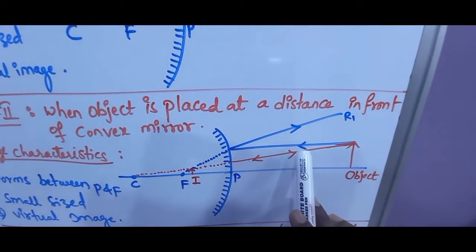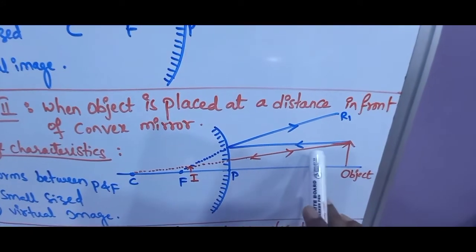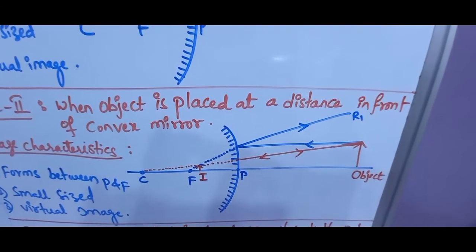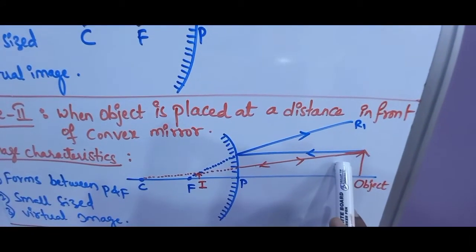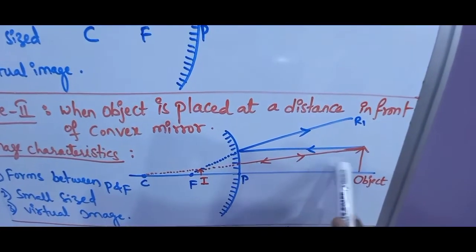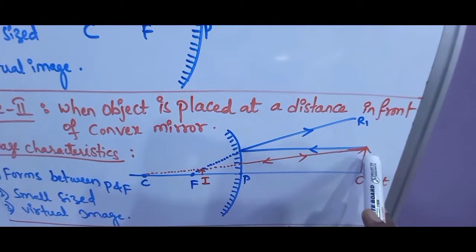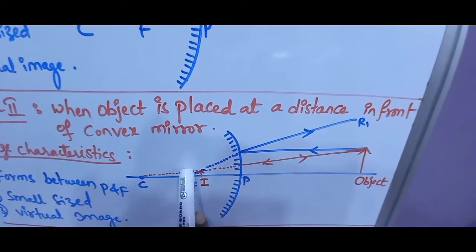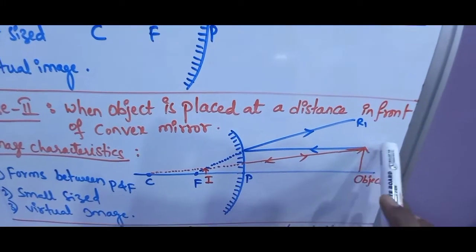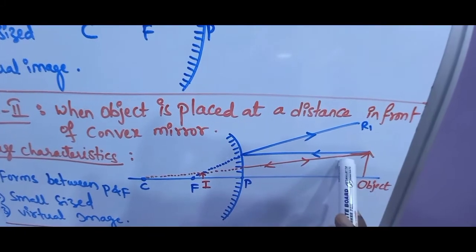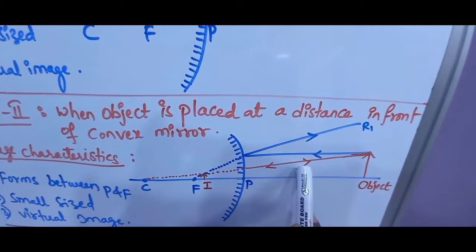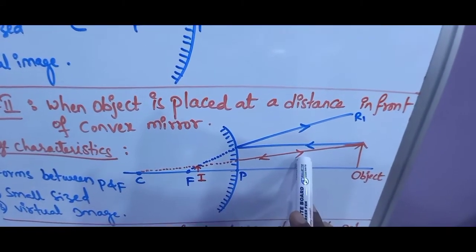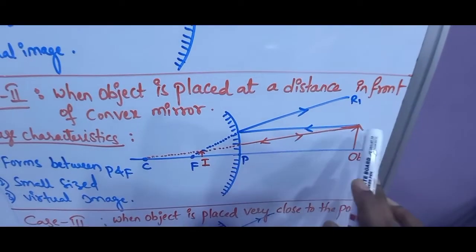Then by using rule number 3, I have drawn one more incident ray here. Rule number 3 means the incident ray which is along the direction of the center of the curvature. By using rule 3, I have drawn another incident ray which is indicated with the red color. The incident ray coming from the top of the object, if it is going along the direction of the center of the curvature, then the corresponding reflected ray will also pass along the same line but in the opposite direction. That's why I have shown 2 arrow marks on the same line. This arrow mark indicates the incident ray coming towards the convex mirror, and this arrow mark indicates the reflected ray moving away from the convex mirror.